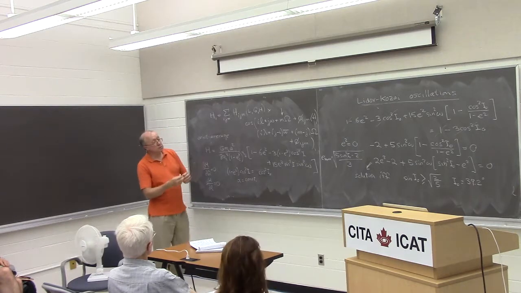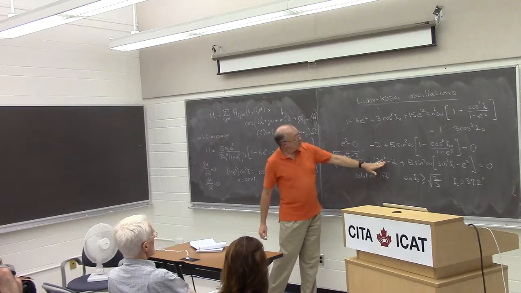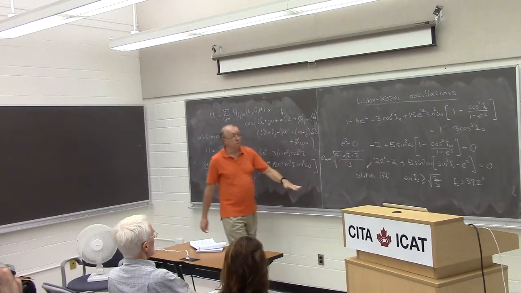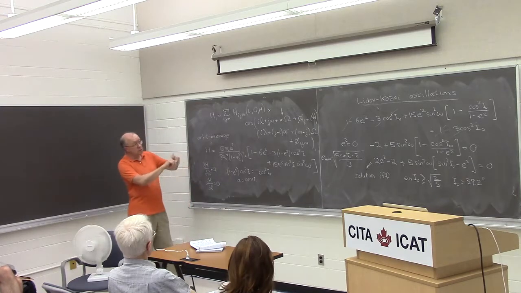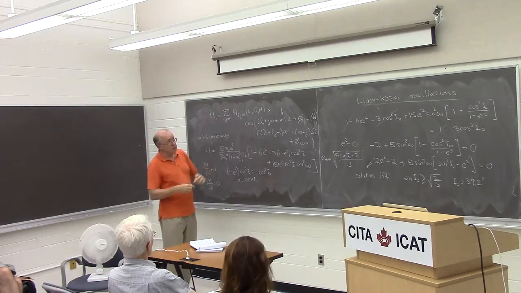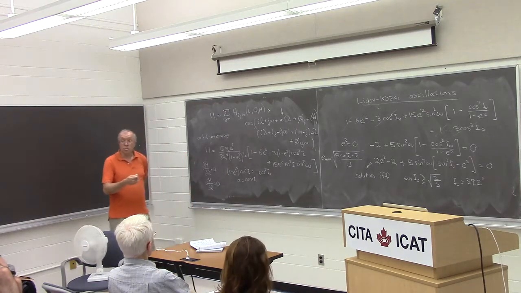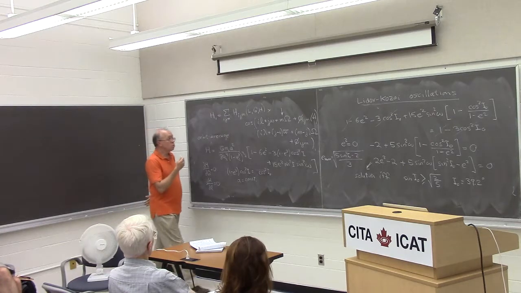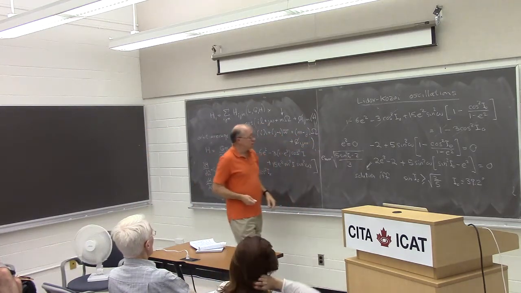The reason that it's not clear exactly what happens here is because these are the wrong coordinates. It would really be better to do this in terms of Poincare variables, that is e cos omega and e sine omega, then it would be clear that excitation of the eccentricity was inevitable. The reason that these are so important is that